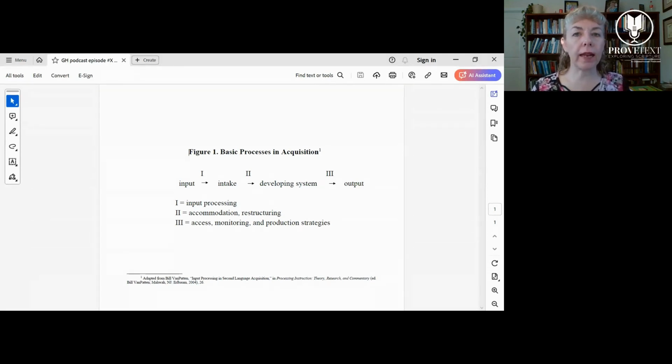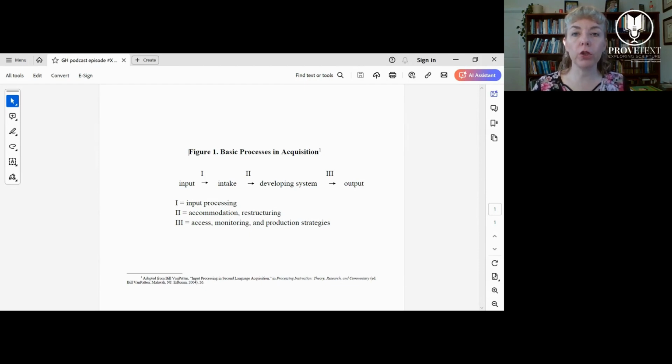Well, we're now looking at output, and this is the last step in the process here. To get to output, there are three processes that we need to use to get the output out of the developing system. And these are access, monitoring, and production strategies. And for today, I'm just going to look at access, one of the important mental processes that are involved in